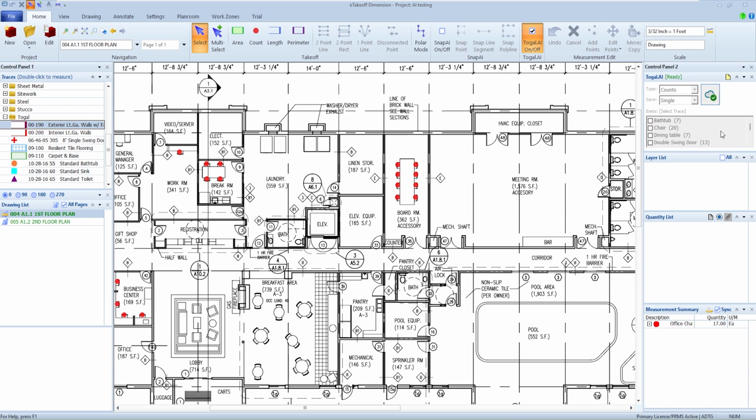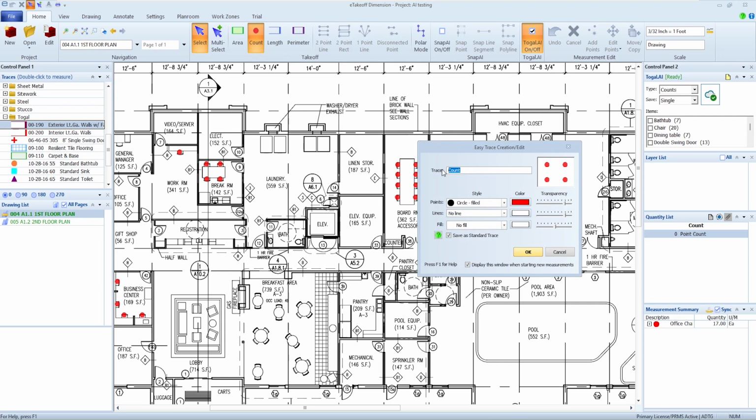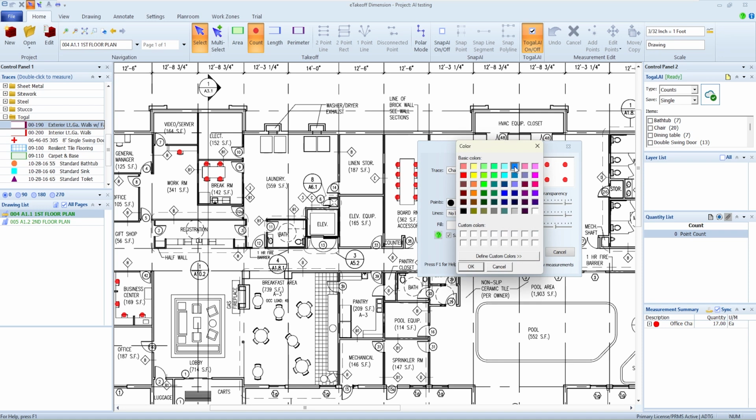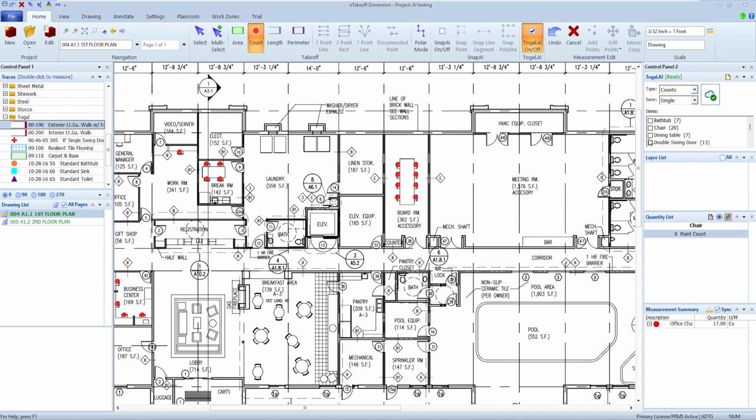And as I look through the list here, you'll notice that I do have a classification for office chair when we look at it for a moment. In this case, I'm going to say I want to count another chair then. So let's say that I've just got a regular chair, and let's say we're going to make them something a little different. Then I can actually come back through the opposite way and say, okay, why don't you show me where these chairs are? And same type of thing.